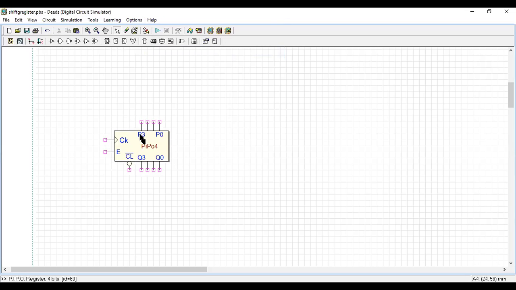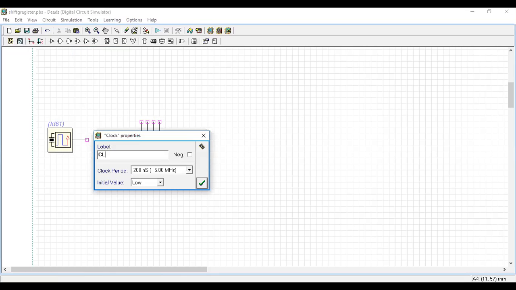I have parallel inputs P3 to P0 and here I have parallel outputs Q3 to Q0. Then what else I have? I have a clear input, an enable input, a clock input. We very well know about all the three inputs, and this output also we experienced in the last exercise, and this is new for us. So what do I have to connect here? I have to connect the 4 different inputs to this point. First, for a sequential circuit, we will always connect the clock generator. So connect the clock.